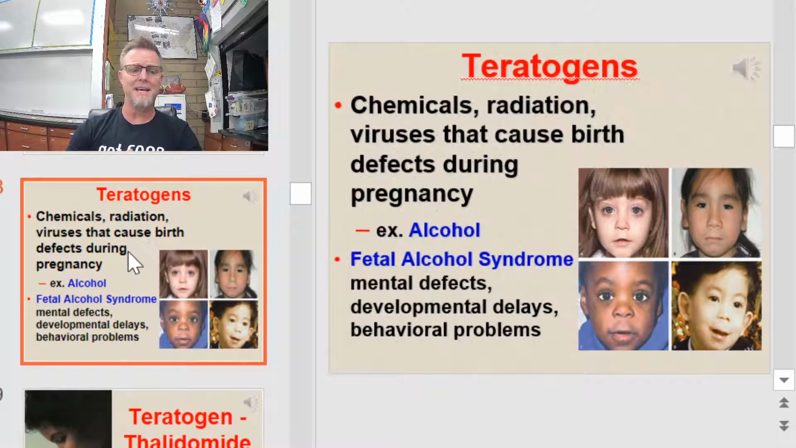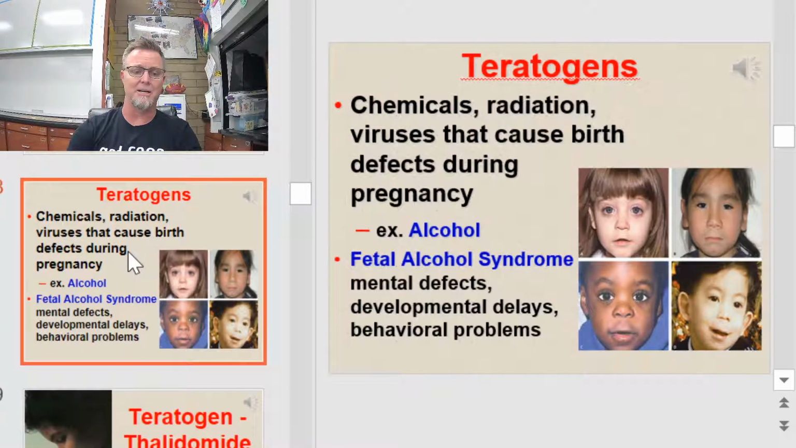A great example of a teratogen is alcohol, which causes fetal alcohol syndrome. You heard me mention that in a previous slide. This is what fetal alcohol syndrome looks like. We got these pictures of these young people on this slide. It leads to mental defects, developmental delays, and even behavior problems as the alcohol affects the nervous system's development in